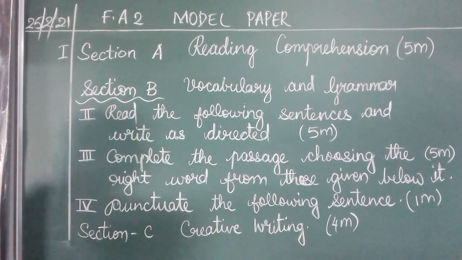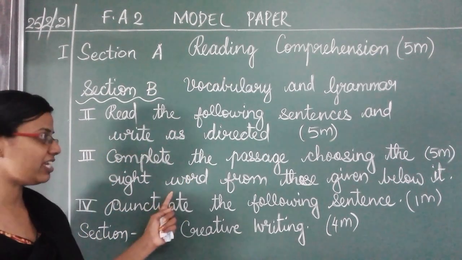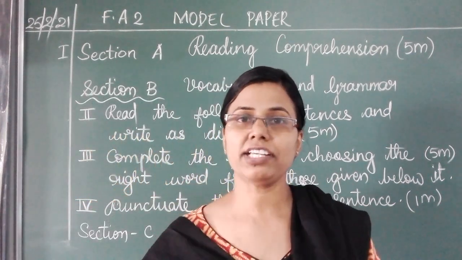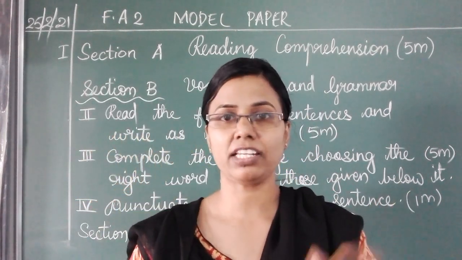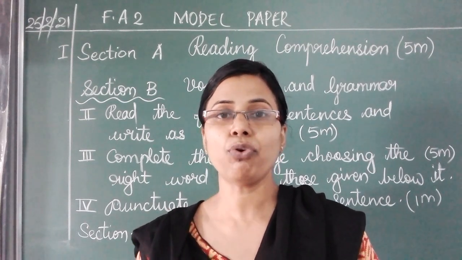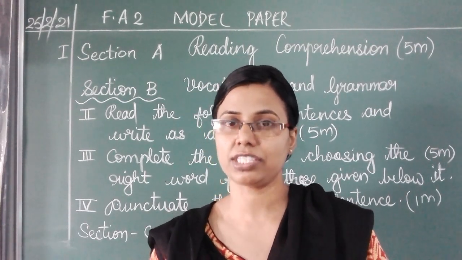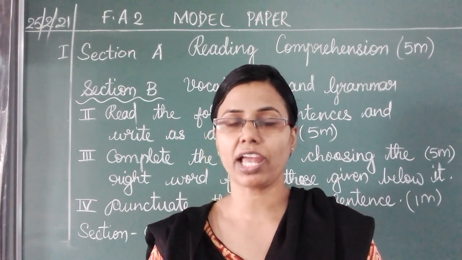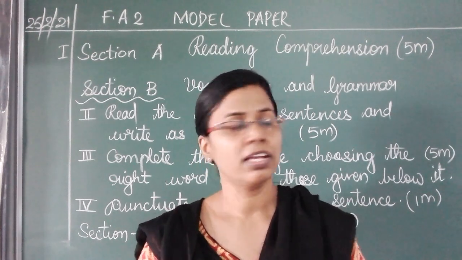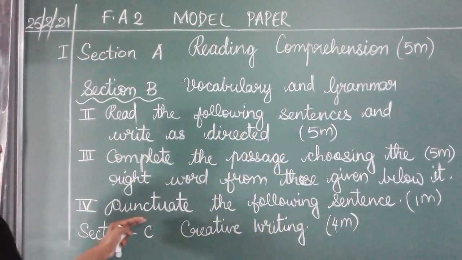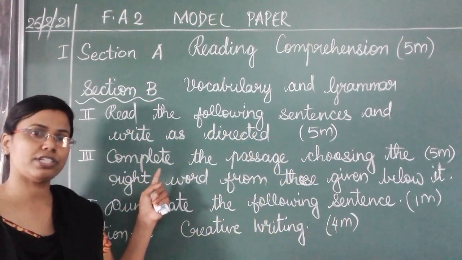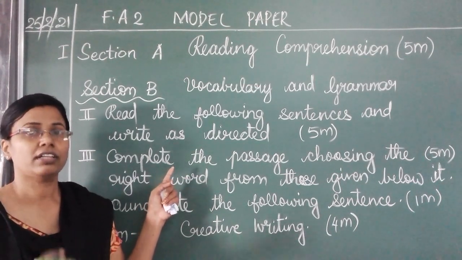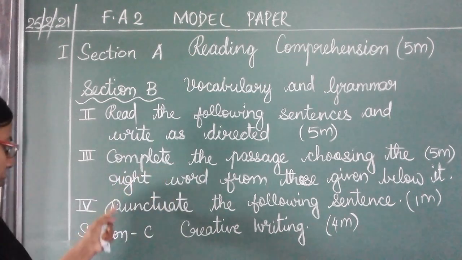The next one is complete the passage using the right word from those given below it. Like fill in the blanks, it will be given and the blank number will be given and 4 options will be given, again A, B, C, D. So whatever is the correct option, you write the option number and what is there in that. So that way you are going to finish this. It can be in past tense or present tense. According to the tense, you have to decide which is the correct word and then complete this.